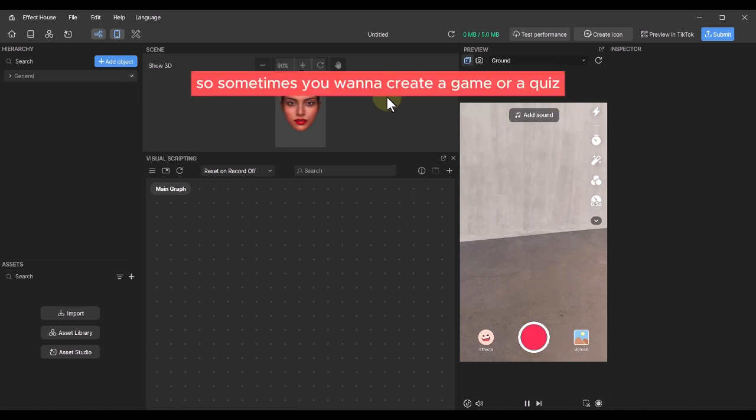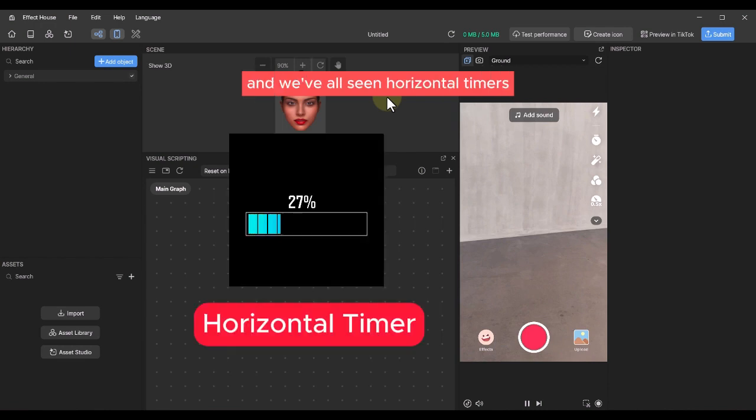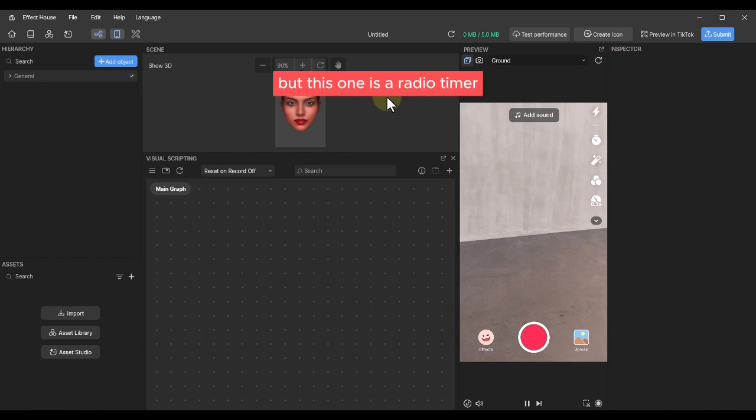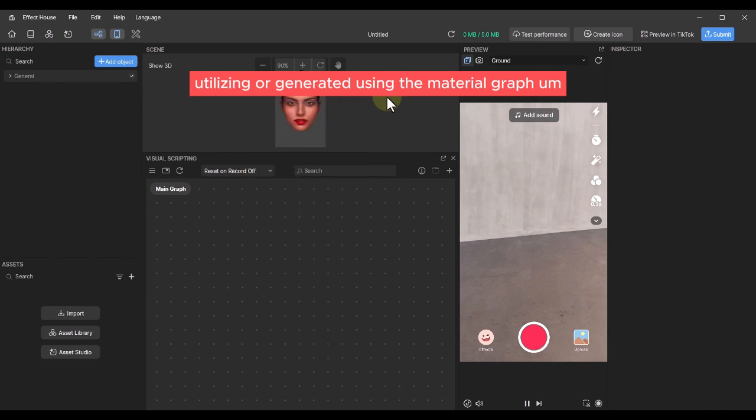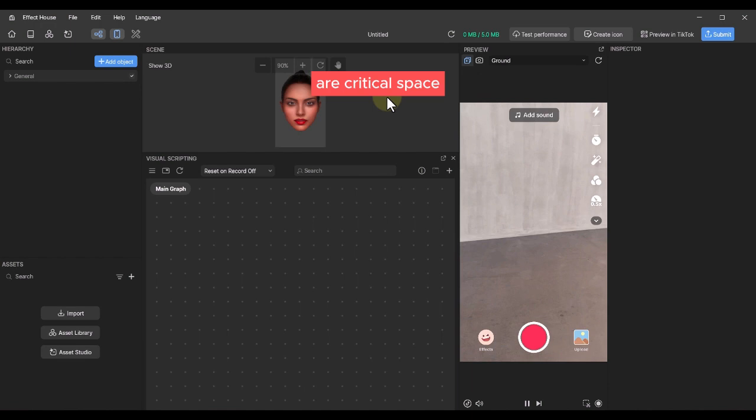So sometimes you want to create a game or a quiz but include a timer in there. And we've all seen the horizontal timers, but this one is a radial timer generated using the material graph. The advantages of using this method is if you are critical on space, so we have a 5 megabyte